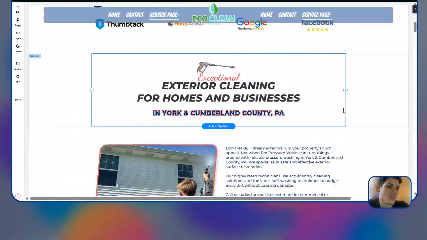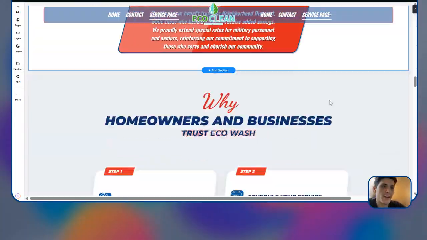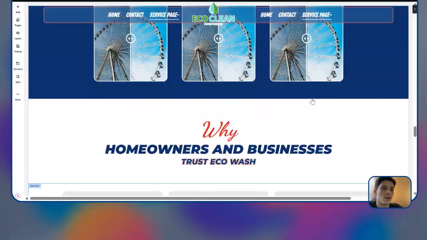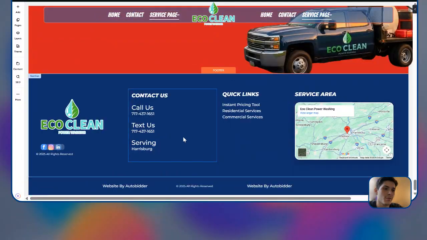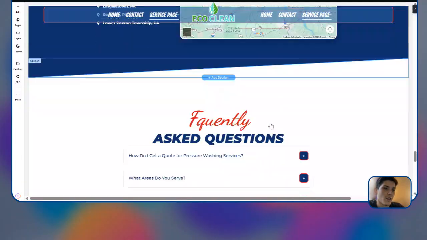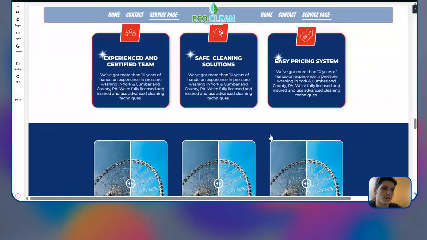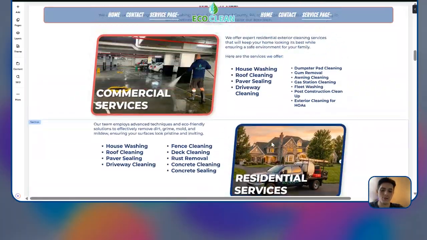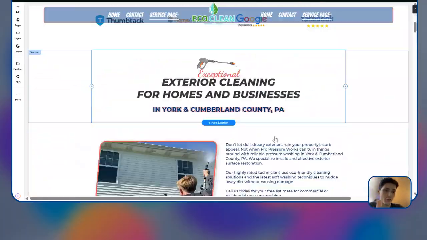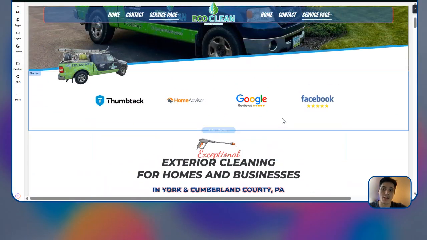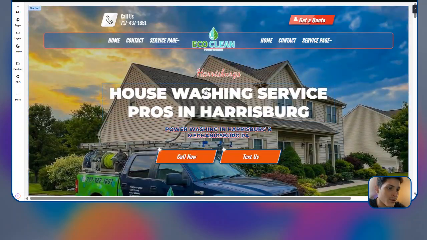All right. So you can see we've got our page, and right now this is essentially, for the most part, just a duplicate of the homepage, and for the most part that's okay. So we've got our footer. A lot of the content can actually remain the same, like these generic call to actions and whatnot. That's fine. One of the core things we're going to want to do is add AutoBidder, and then add our pricing details to specialize this page for targeting that keyword. Okay, so keyword, if this is just for house washing, let's say in this example